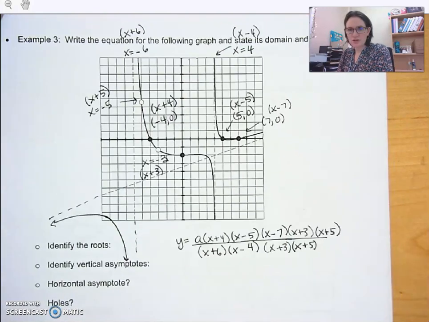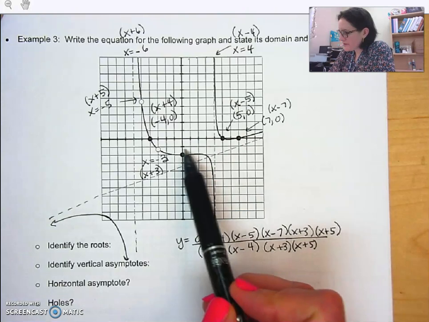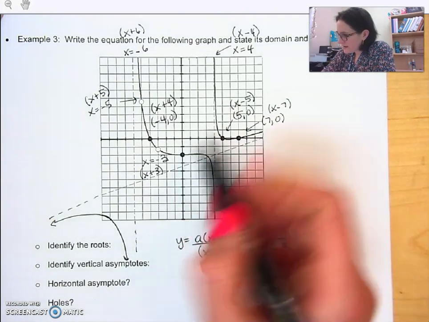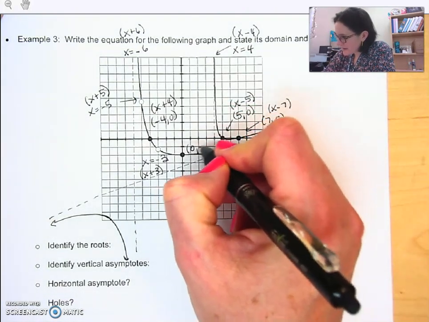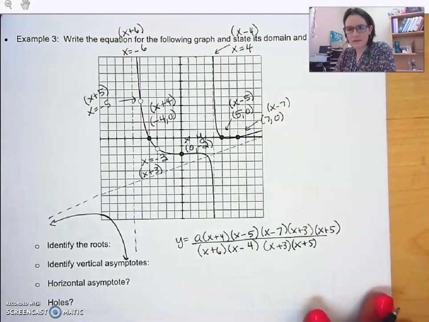All right, so here is our general form. Now all we have left to do is solve for a. So we need a point where we know the integer values to plug in, and the point that we have here is the y-intercept. That is at (0, -2), so that's my x and my y values. So I'm just going to plug those in,